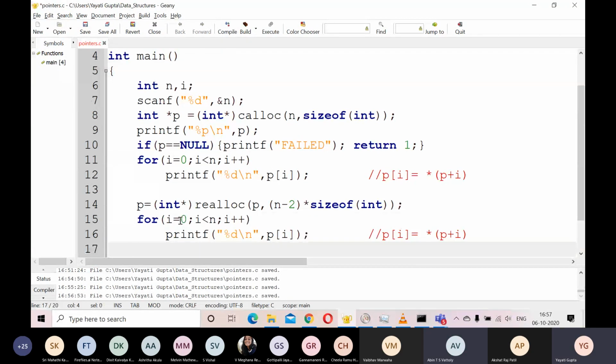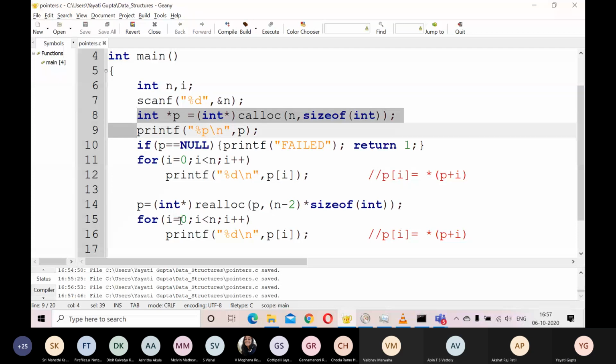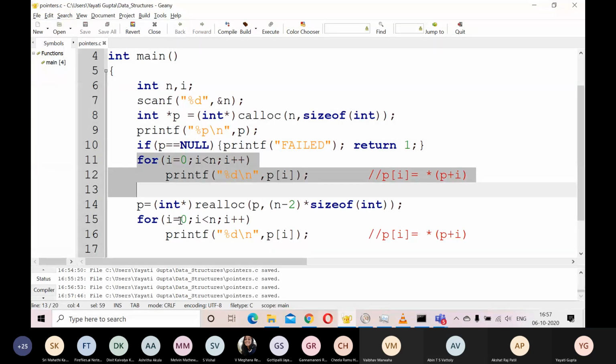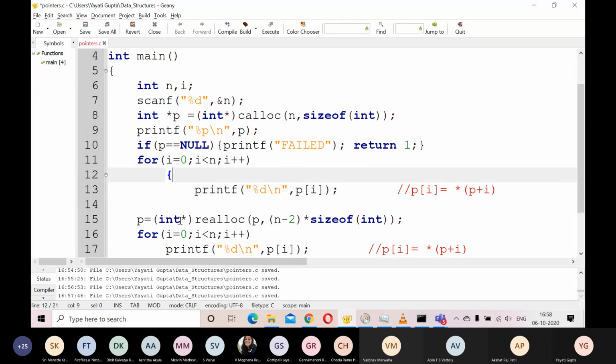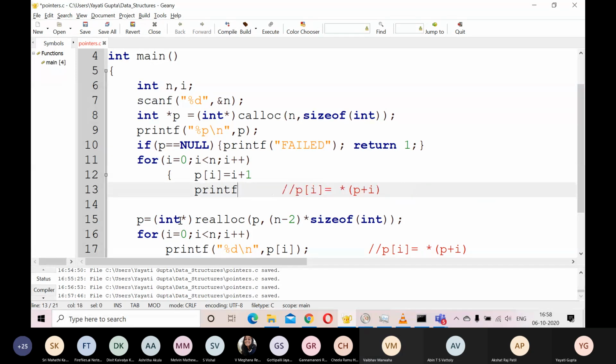Somebody's mic is on. Do you have to ask a question? Okay, so see what I have done here is I have this point. Ma'am, you are mute.